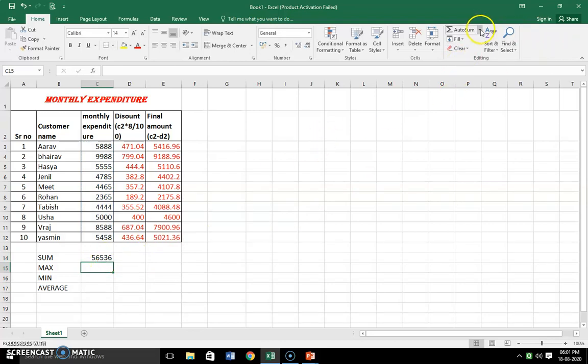If I want to find out minimum or maximum, for example maximum, then I can select the range for maximum and press enter. In the same way, minimum and average.